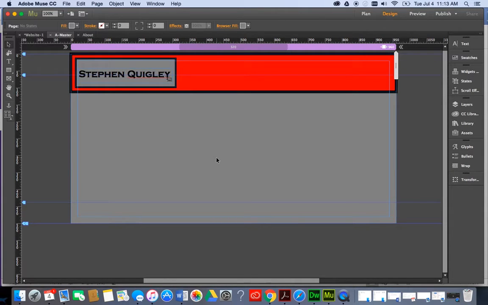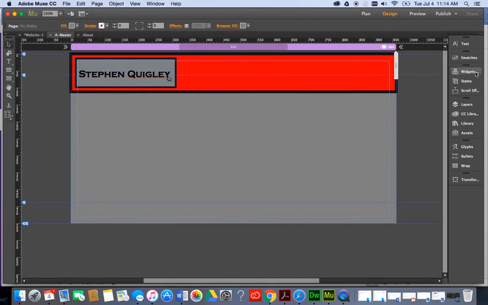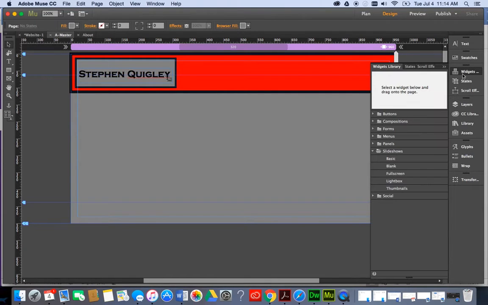At this point, I am going to show you how to create a menu bar. All right, and this is going to be a menu bar that functions just for a traditional website. I'm not going to show you the mobile ready one just yet. Okay, so just as a basic primer, I've got my main pages here: about, projects, and usability study. So I'm going to come down here to my widgets library, and I am going to